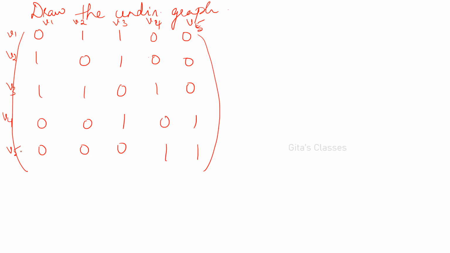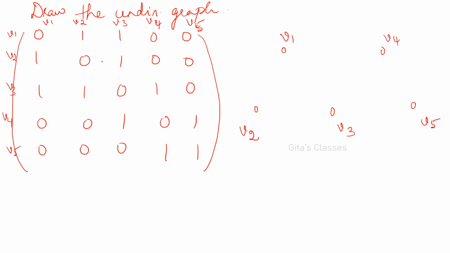It is not given. We have to assume that there are names. Okay, V1, V2. Any names you can give. So now we have V1. It need not be in the same order. Whatever way you want, you can write, no problem. It need not be in the same shape and all. V3. It looks neat, therefore I am writing like this. Otherwise, after drawing roughly, you can choose.